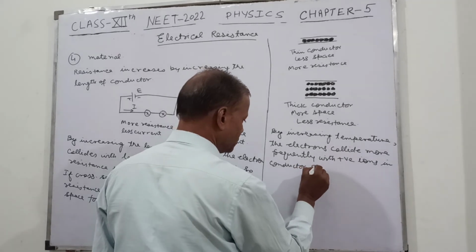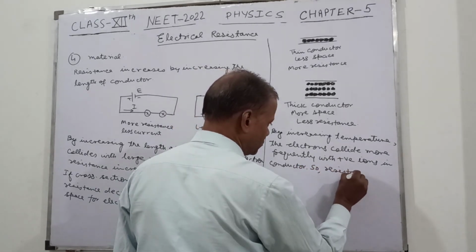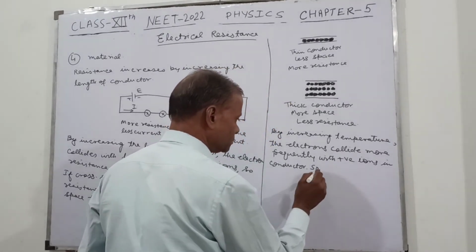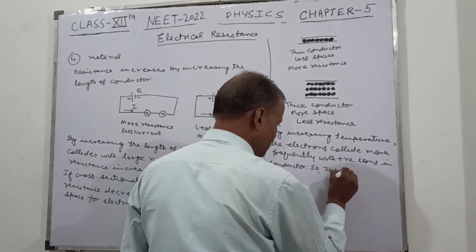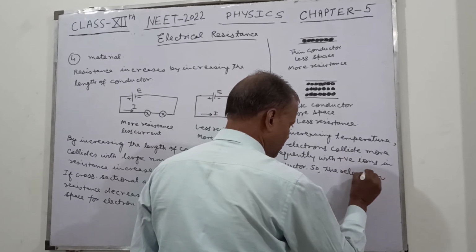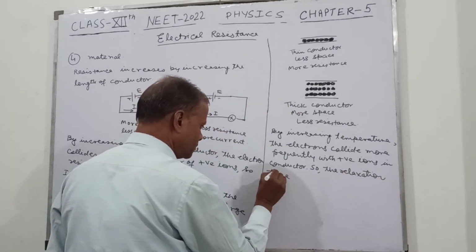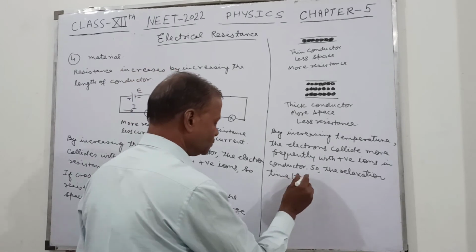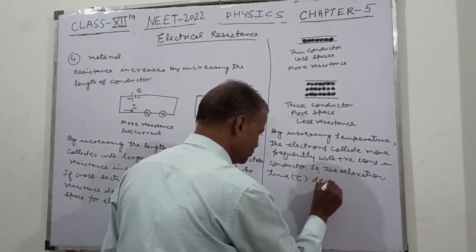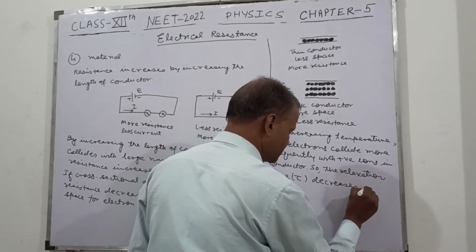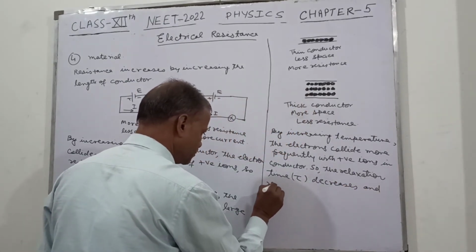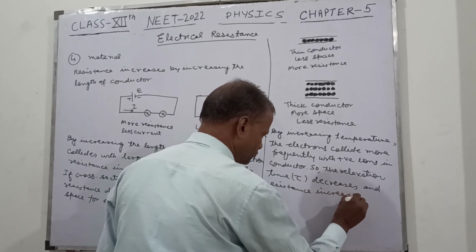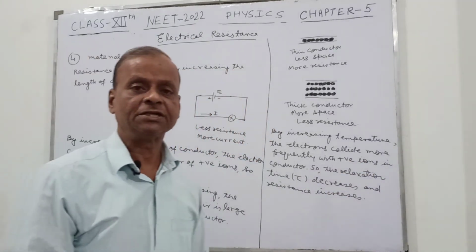So the relaxation time tau decreases and the resistance increases. तो क्या होता है, जब टेम्परेचर इंक्रीज करते हैं तो